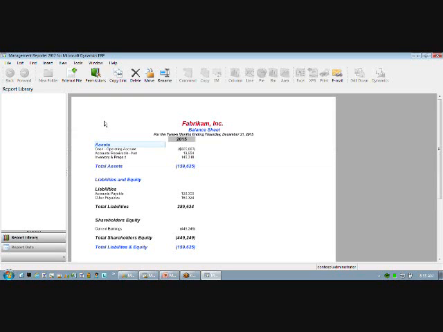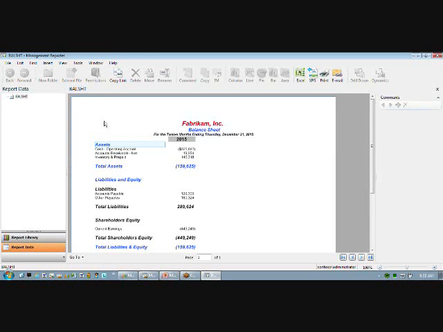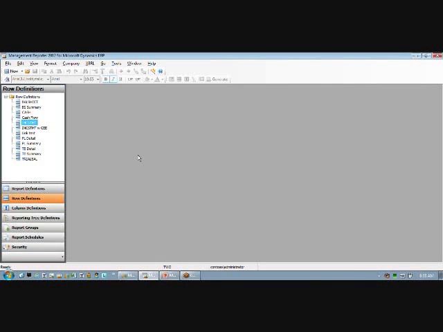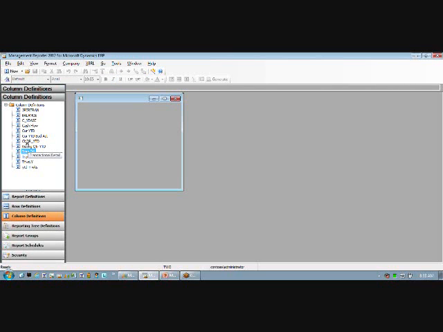On the actual report side of it, if you go into column definitions, you'll see over here the account, and how you now have just the account code. You've got the ability to just pull the account codes, not necessarily the account descriptions. You still have the ability to get your transaction level detail in here. So if I go back to my viewer,